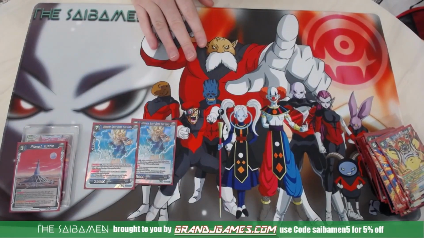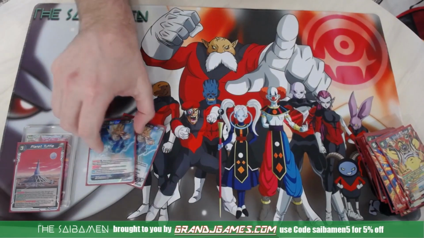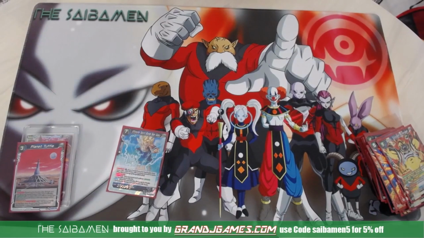So I've got 2 of the Ultimate Spirit Bomb Son Goku. Old card, I think it's set 3. So what this guy does: EX Evolve, place 2 cards from your hand in the drop area, blue Son Goku with an energy cost of 5 or more. He's double strike, but the key here is your opponent can't activate counter against this card's attack. He also has an